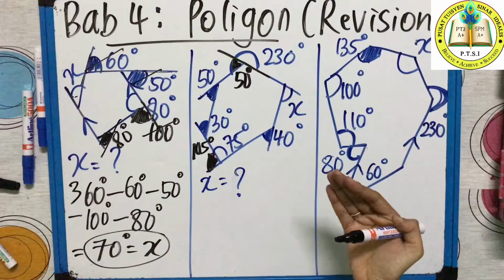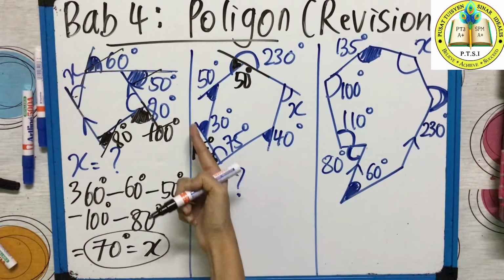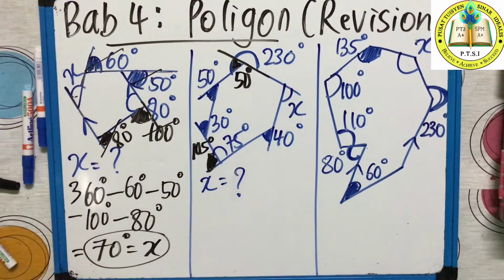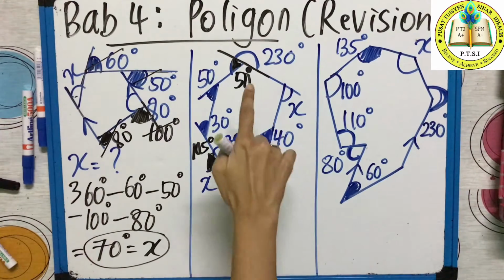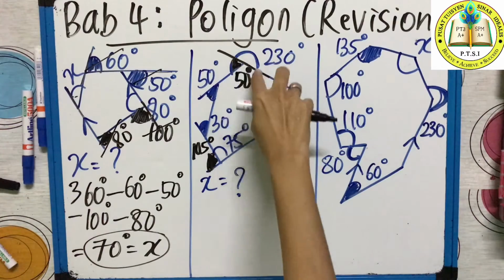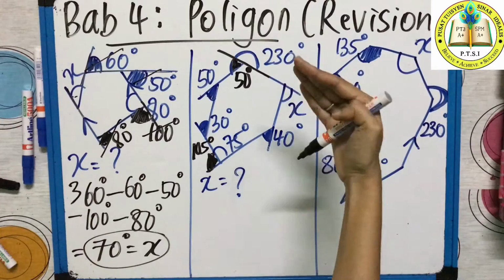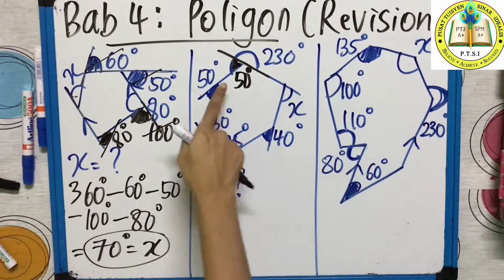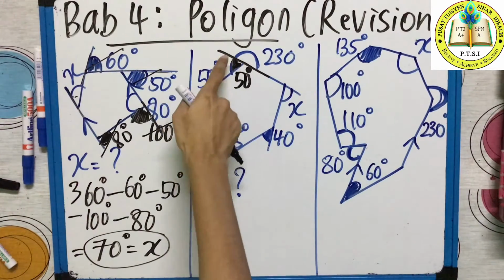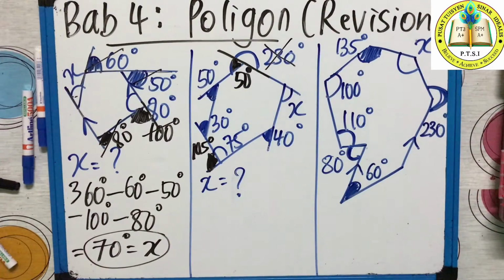Do you understand? So this is X, this is 40, this is 105, this is 30, this is 50. All is okay already. Okay, but this one is 230. You cannot use 230 because it's big. You only must see the straight line. So 230 tolak 180, kamu dapat yang kecil ini 50. So you cannot look at this 230.